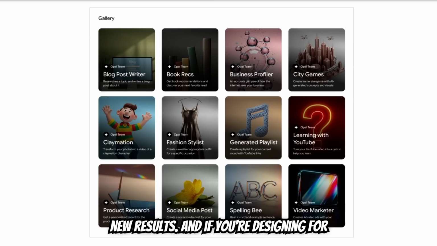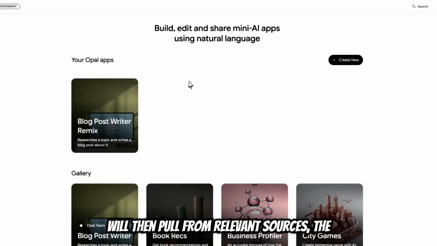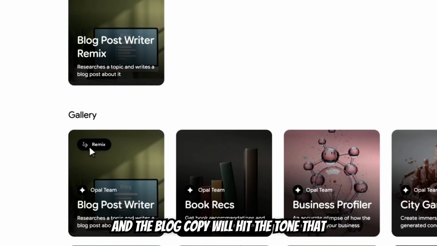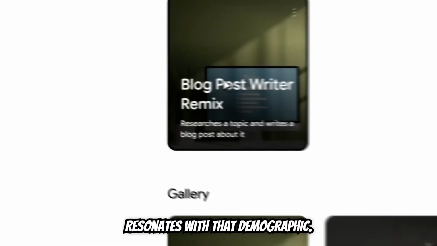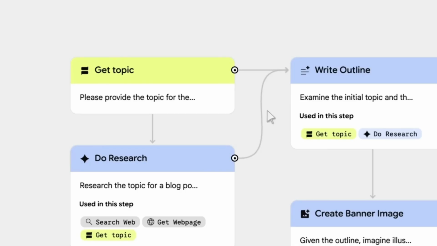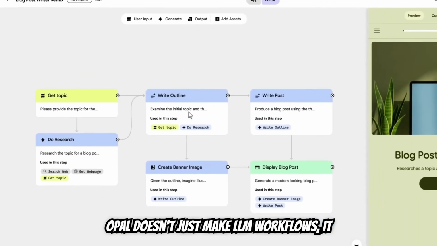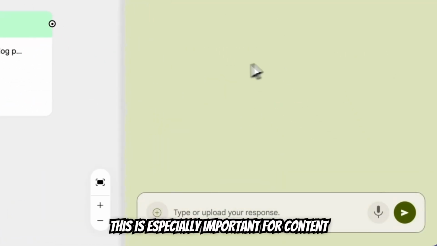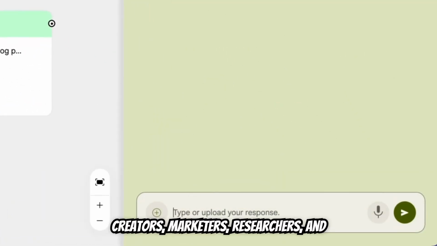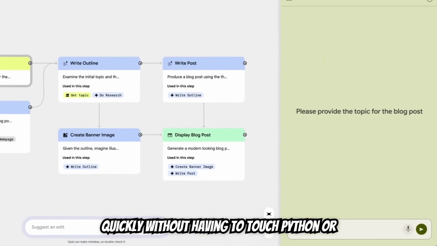And if you're designing for a specific audience, like an IT professional focused on automation, you can feed that reader persona into multiple parts of the flow. The research will then pull from relevant sources, the outline will emphasize the right angles, and the blog copy will hit the tone that resonates with that demographic. Opal doesn't just make LLM workflows, it allows personalized experiences at scale. This is especially important for content creators, marketers, researchers, and educators who need customized outputs quickly without having to touch